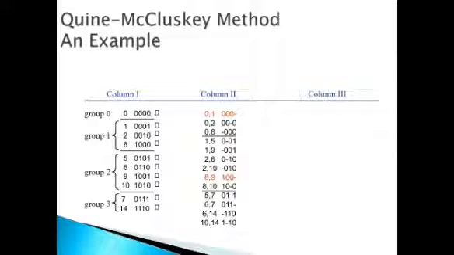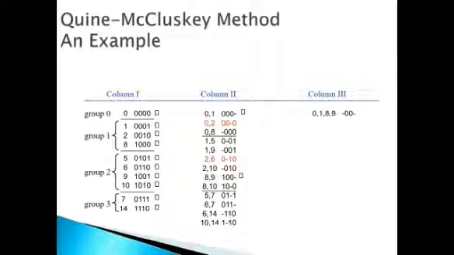Now see this combination of 0, 1 with 8, 9. In this case, there is a change of a single bit at the first location. So we will use this combination for column number 3 as 0, 1, 8, 9, which will give us dash 0, 0 dash, and we will mark it in column number 2 with a tick mark. Now similarly, we will compare it with the rest of the numbers available in each group.